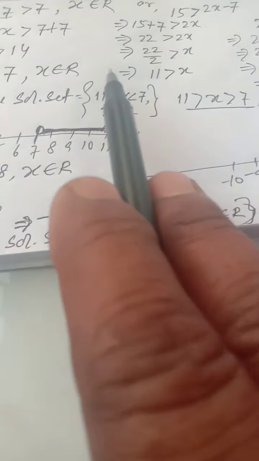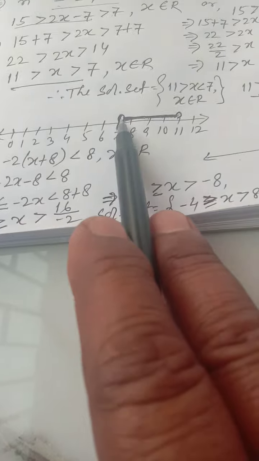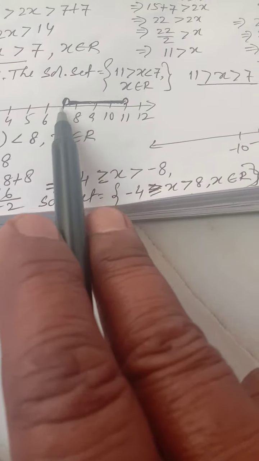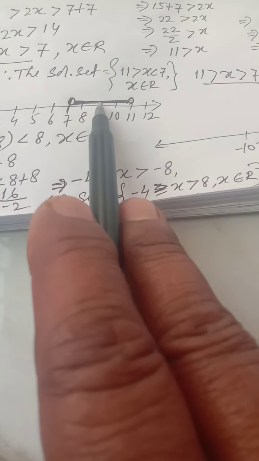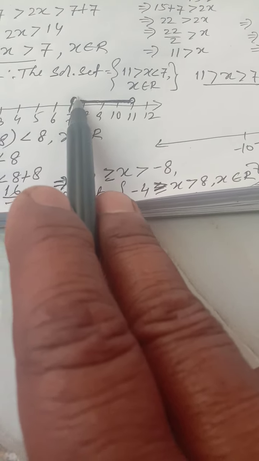Now how will you draw the number line of it? Very carefully listen. It has not reached 7. So what is the scale? From 7 to 11, it will go. All the part. It is not only the whole numbers, because in between 7 and 8 also it is lying. In between 8 and 9 also all the fractional values lie. So from 7 till 11 all the fractional values lie, but not 7 and not 11. That is why it is a hollow round.